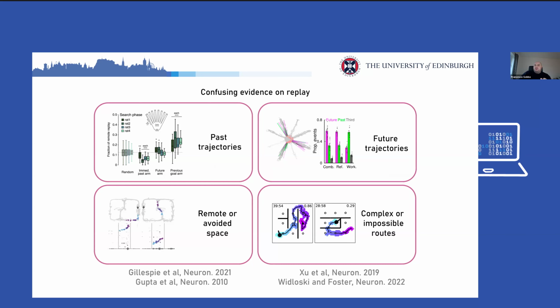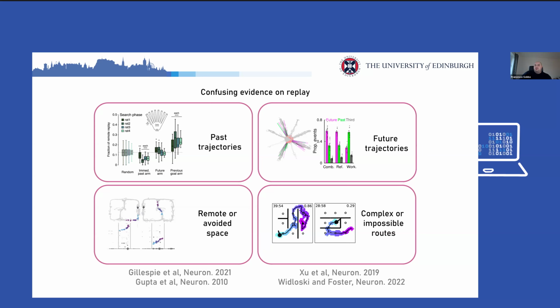So different experiments with different behavioral paradigms have generated very conflicting results. For instance, some experiments have shown that the replay that can be recorded from the hippocampus before animals make their choice mainly reflects the previous location where the animal has been, whereas other experiments have linked it to future locations. So it has been suggested that replay is used